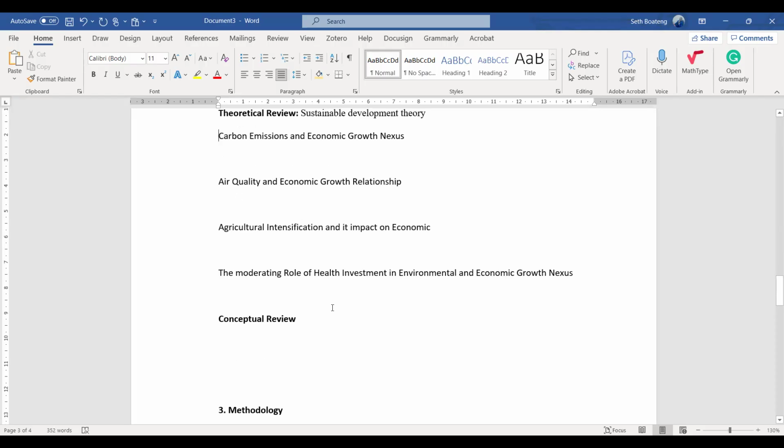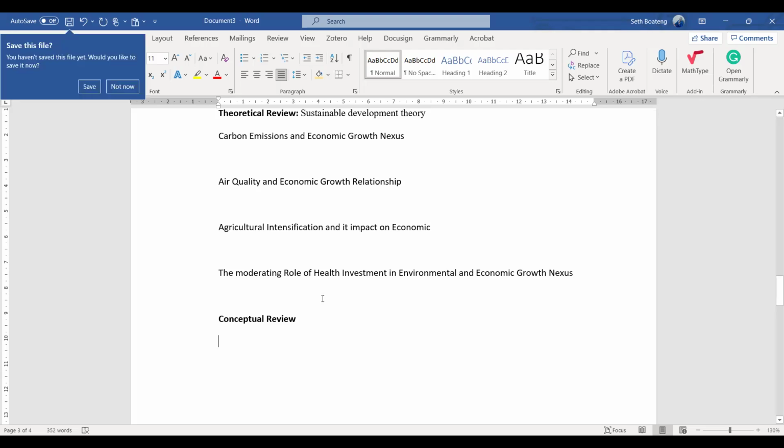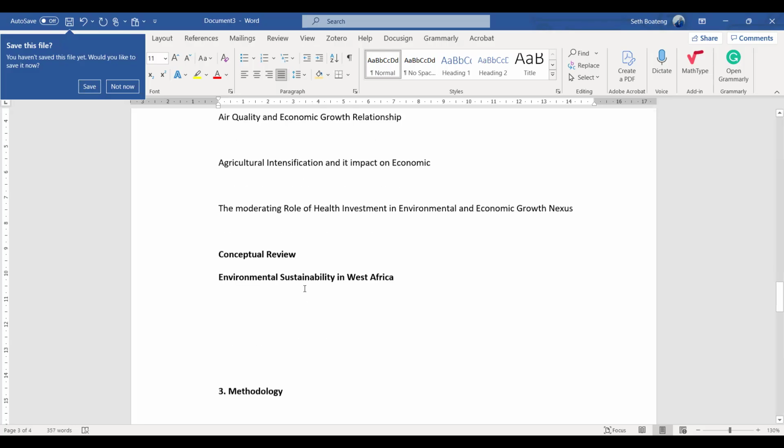So if we're using the conceptual approach, you can talk about, let's say, environmental sustainability in maybe West Africa. And maybe what again?